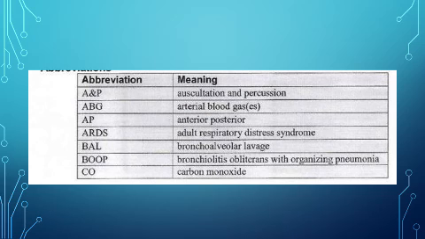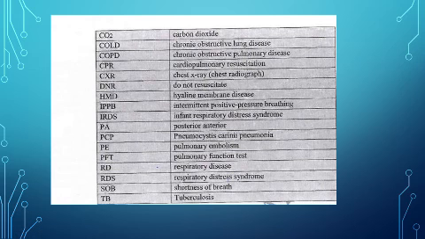What do you mean by ARDS? That is adult respiratory distress syndrome. Like that, BAL, bronchoalveolar lavage, BOOP, bronchiolitis obliterans with organizing pneumonia. CO is carbon monoxide. Okay, clear? Then CO2, carbon dioxide, COLD, chronic obstructive lung disease, COPD, chronic obstructive pulmonary disease,